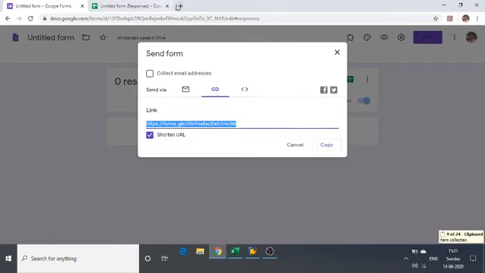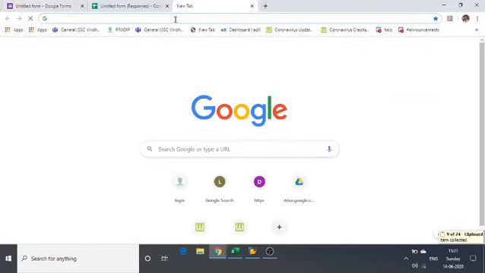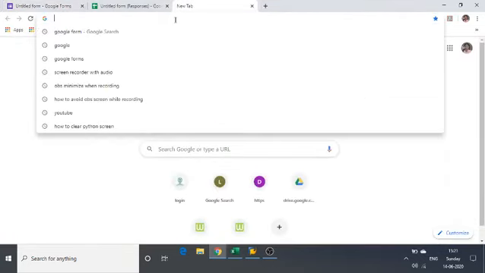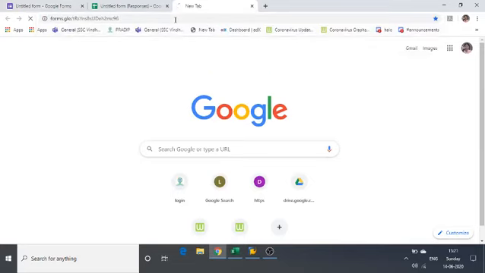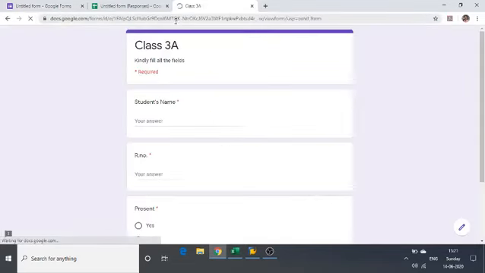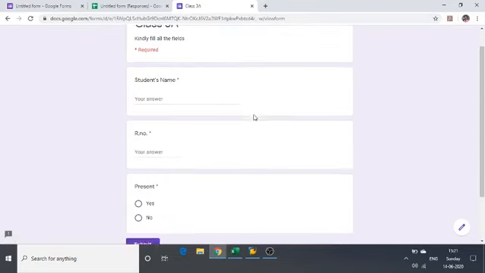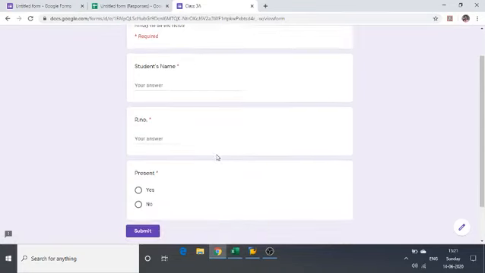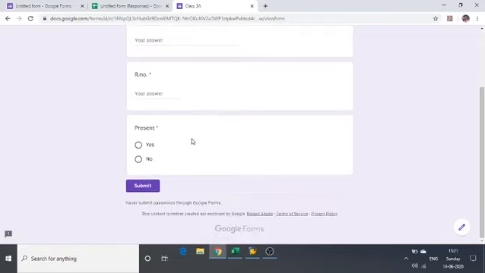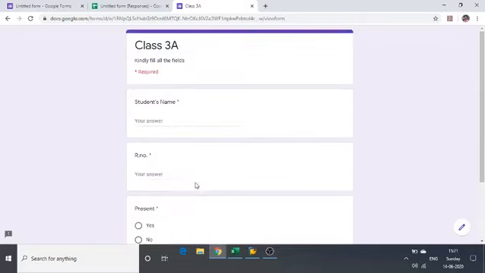Now let's check. Now I am opening new tab and I am copying this link. Here is your attendance report. So you can type your name, roll number, present, yes or no, and after that you have to submit it.